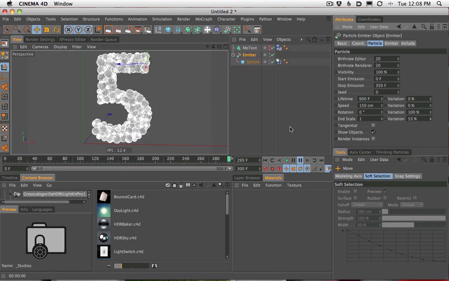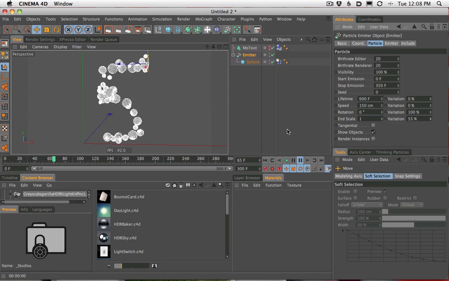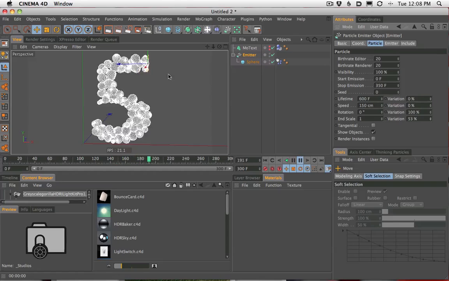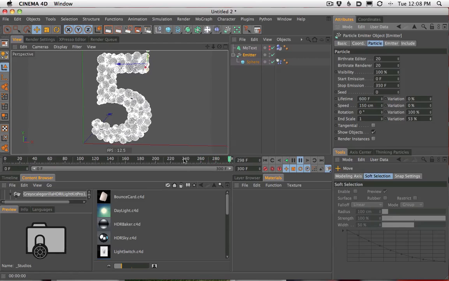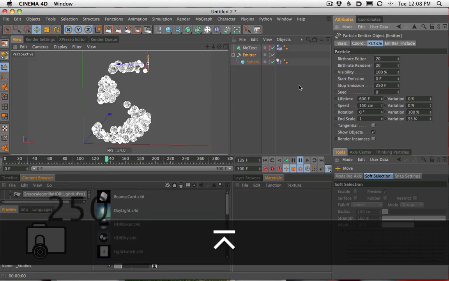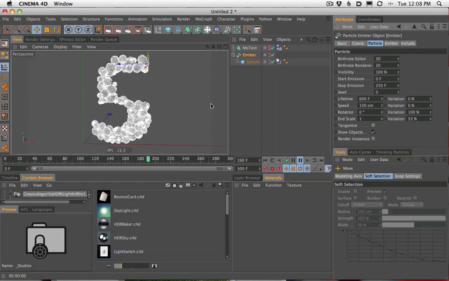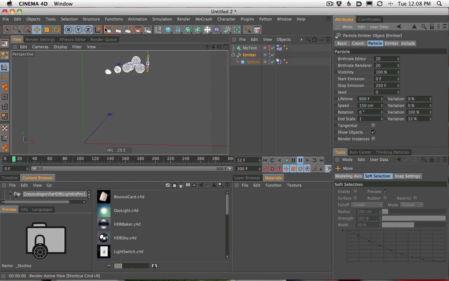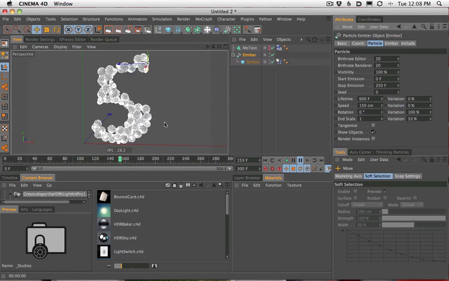One thing is we are filling up the type so quickly that we can actually probably shut this render off right around there, right around when we see it getting full. So something like, I'm seeing like 240 frames or so. We can actually, let's see, 250, let's say. At 250 frames, it's going to stop emitting spheres. And once it does, it's going to settle in, and then hopefully that'll be the end of our animation, right? So as always, there's always a lot of tweaking we could do.